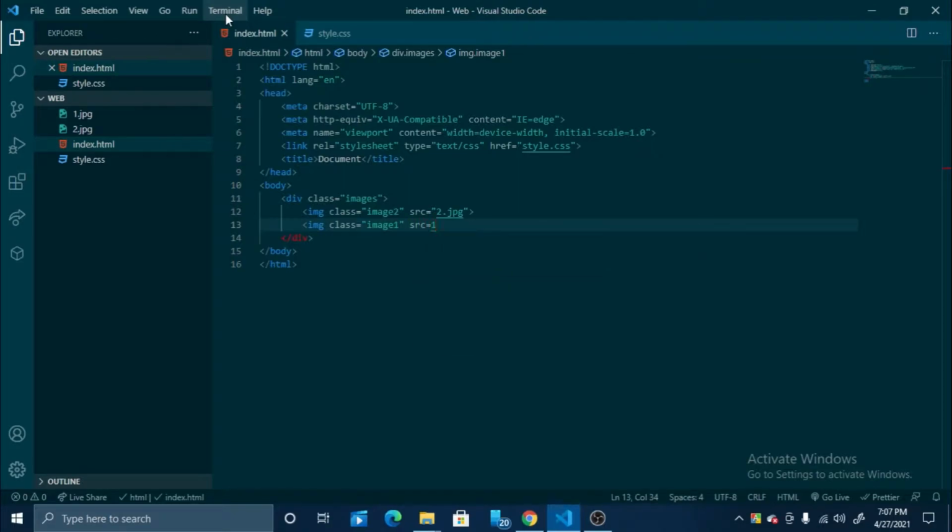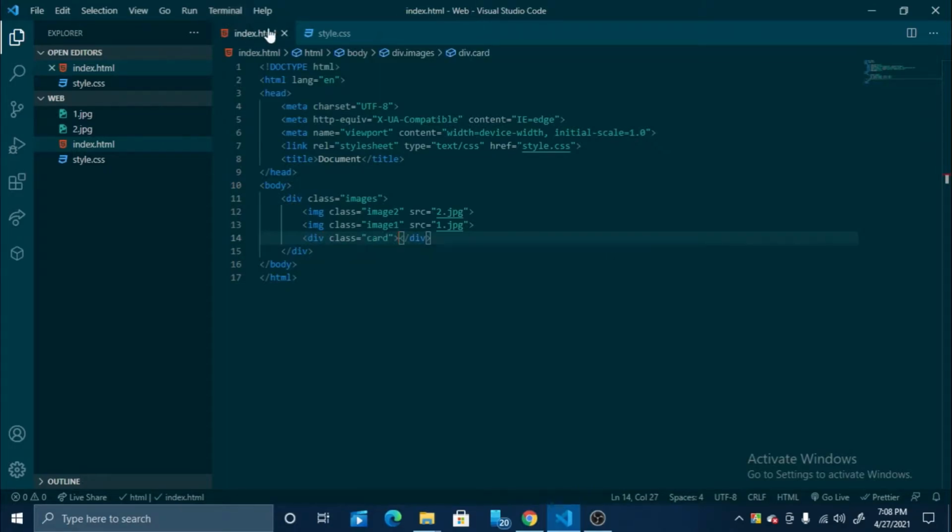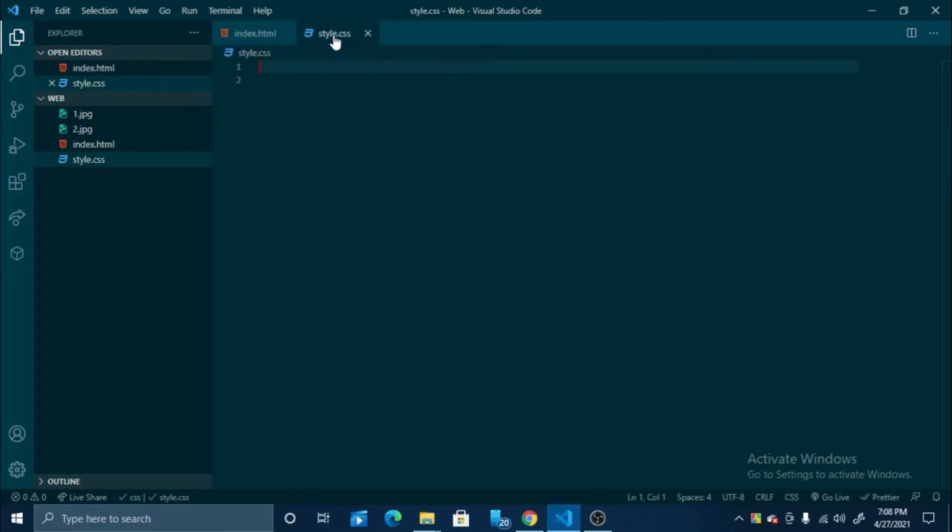And the blur object will be in the last line. If you keep the first image in the first line, then it will not work the way it is working right now. So now you need to create a div which will be the card for the blur object. And yes, now the HTML is done, and for the style.css, the body will be